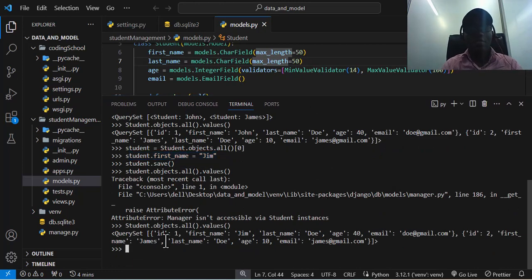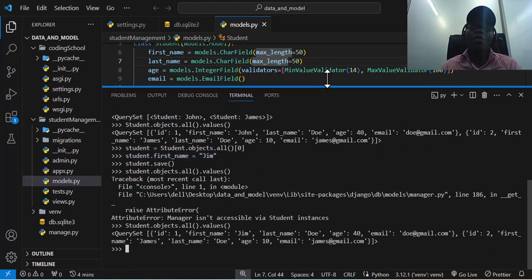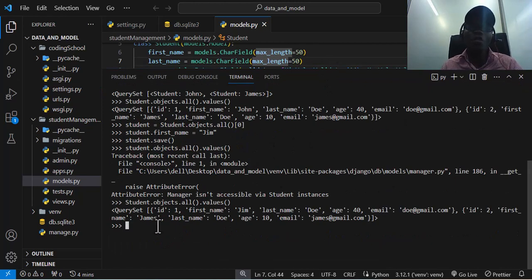Let me just bring the shell up so that we can see it. I don't want to close the shell. So we look at deleting, how to delete a record. It's just very similar to the update that I said earlier. It's just calling a function. That is what will make it happen. So all you just need to do is just say